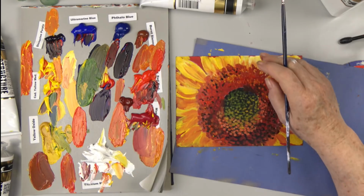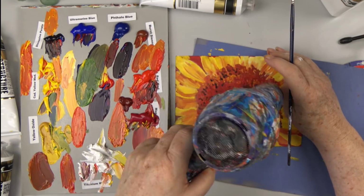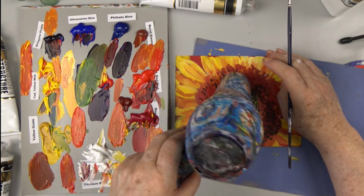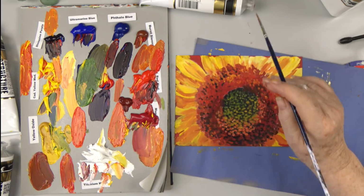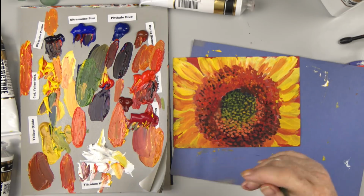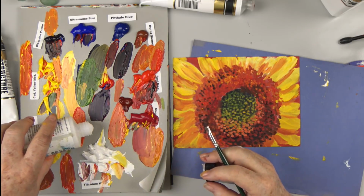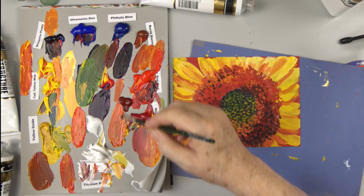Not dry yet. Yeah, well, it's still a little tacky, but I think we're going to be okay. All right, so now let's take a tiny bit of glazing medium like this. You could do satin. I'm going to just put a drop here. That was like 6 times too much, okay? All right, now I've got a little bit of glazing medium and ultramarine blue